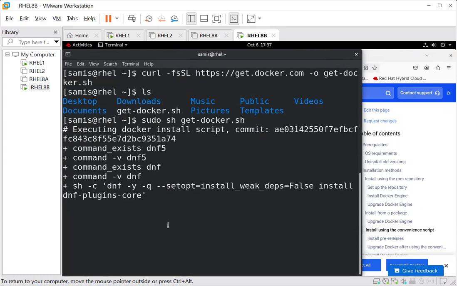So let's wait for the installation to finish. Wait for the installation to finish. So it's running, it's installing Docker. So guys, those of you just watching the video,